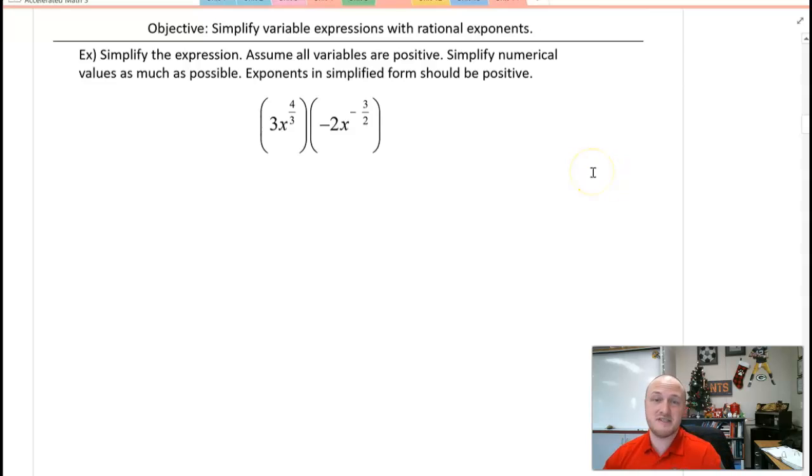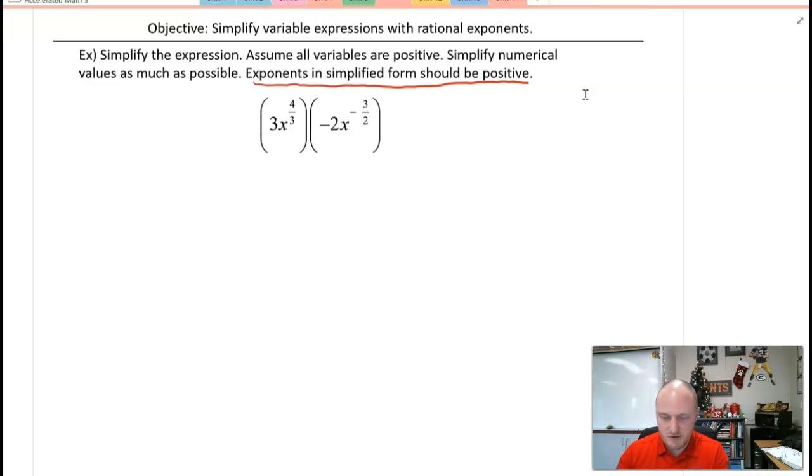Remember, our objective is to simplify variable expressions with rational exponents. So this example says simplify the expression, assume all variables are positive, simplify numerical values as much as possible, and exponents should be in simplified form, which means positive. Okay, so we want our exponents to be positive. So let's go ahead and simplify. We have 3 times x to the power of 4/3 times negative 2x to the power of negative